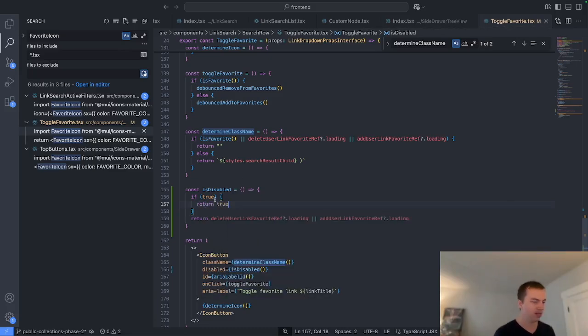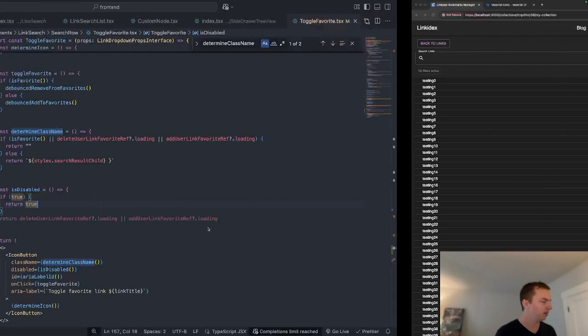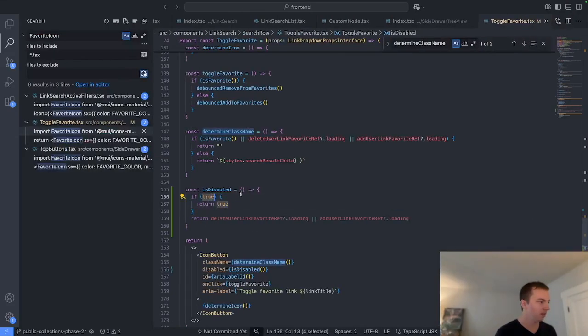That looks janky right now, but it'll make sense in a second. Yeah, okay, so these are all disabled. Okay, so now we say if current user does not